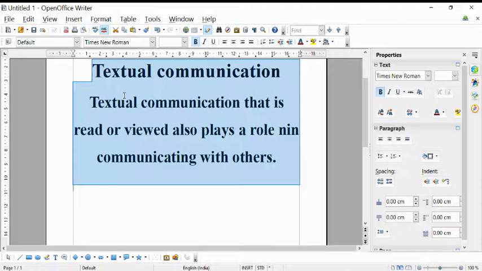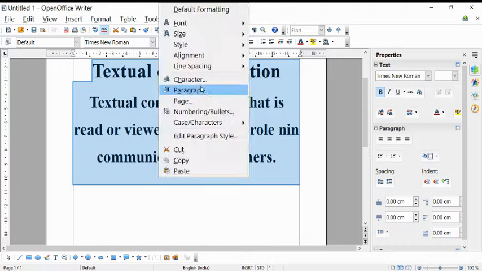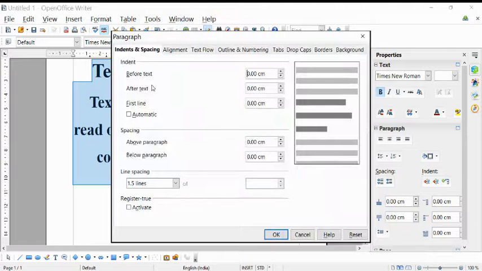So now in the same para I want to give a space for the same paragraph. I want to give the space from left. I want to give the space from up. Okay, so just right click, click on paragraph. If you want to give a space before the text or after text, you can increase the size from here. Okay, here I am giving the space from before text, in the sense from left side. If you want to give a space from above the paragraph, then you can increase here. If you don't want to give, you can decrease here. You can make it 0. Just click on OK.